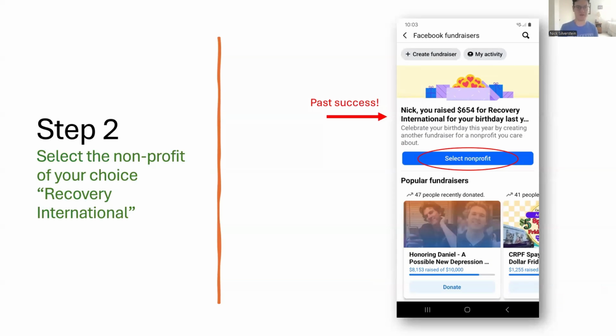And then it'll take you to a page where you can select your nonprofit, and you'll click select nonprofit. And if you did one last year, you'll see a recap of what you did. We raised $654, and it reminded me of that. So you'll select nonprofit,